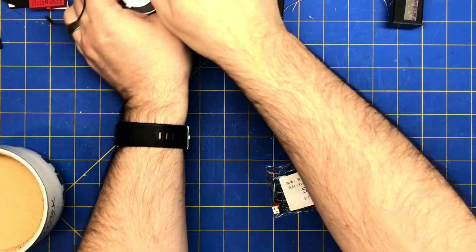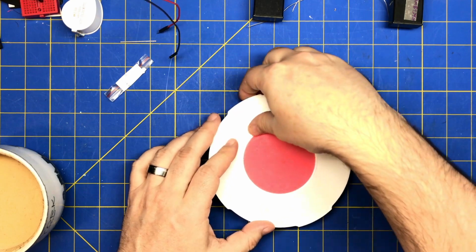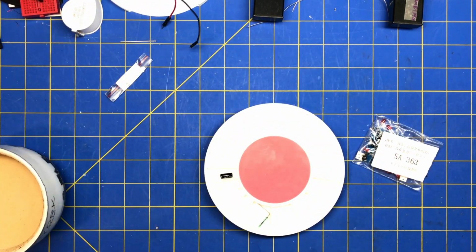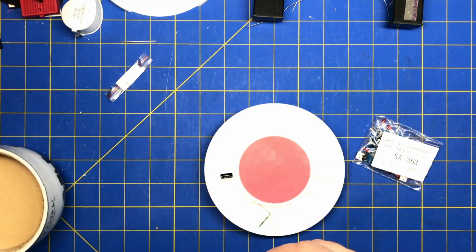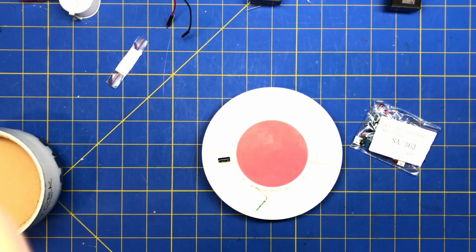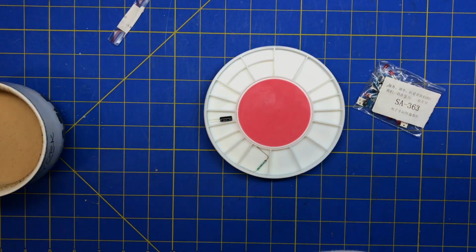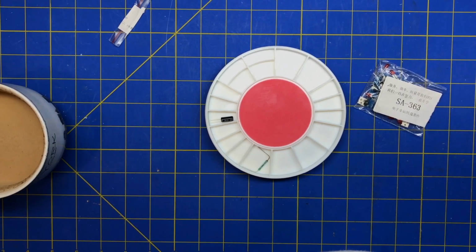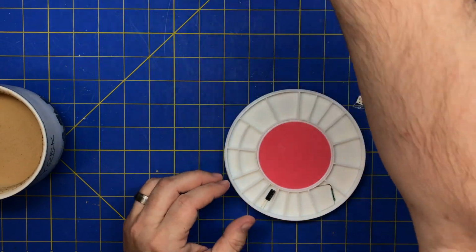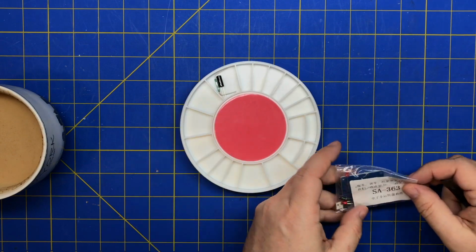I'm going to use this to organize my components. Is that in the way? Yeah, get these out of the way. Pull this closer to me so that I get everything in shot. All right. It's not for this. We'll do a